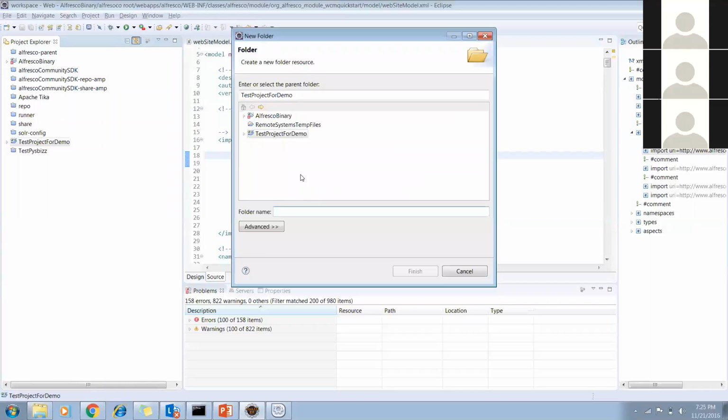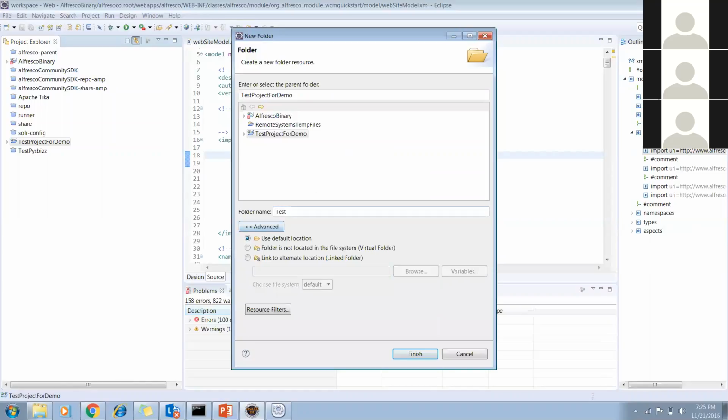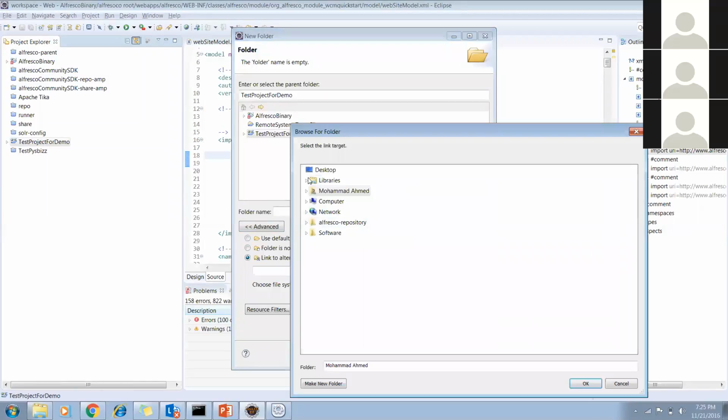Once I go to create the folder, it will ask me for the folder name. Either I can give a name for this folder, or I can assign any local folder here. So this is the third option: you have to select Link to alternate location, click on Browse.